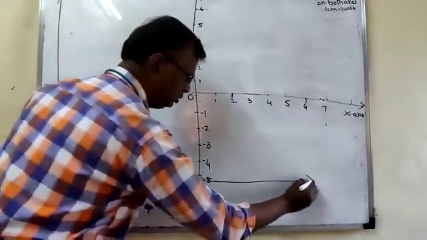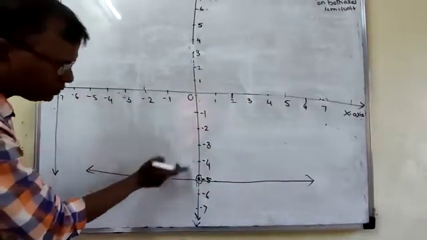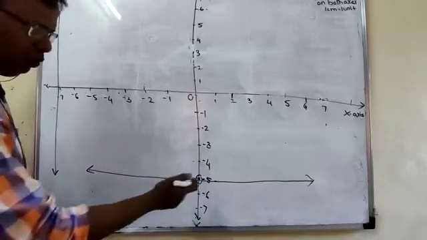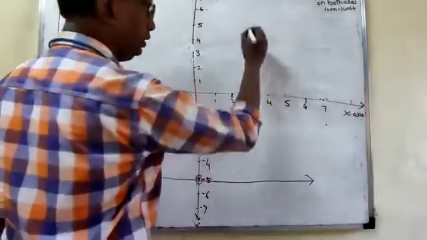This is the line. See here, the line is parallel to which axis? X axis, and 5 units below it. Okay. Now, what answer will we write? I'm writing the answer. You should write it on the right hand side of the graph. Okay. You can see that.